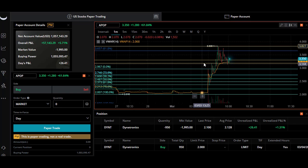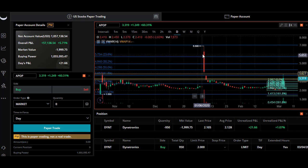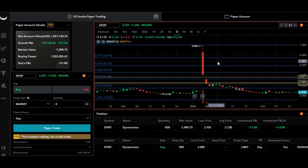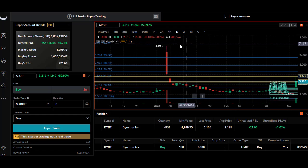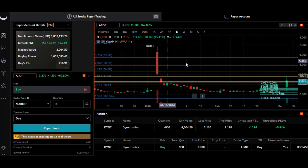So all my lines here were where I thought it was going to hit, and it did. It did this one here and then broke through. And these are my support resistance lines. Let's see if I can get that to you. And I don't really like to talk about what I did because if you're not seeing it, it's neither here nor there. But yeah, I drew my lines here and for this support resistance line,